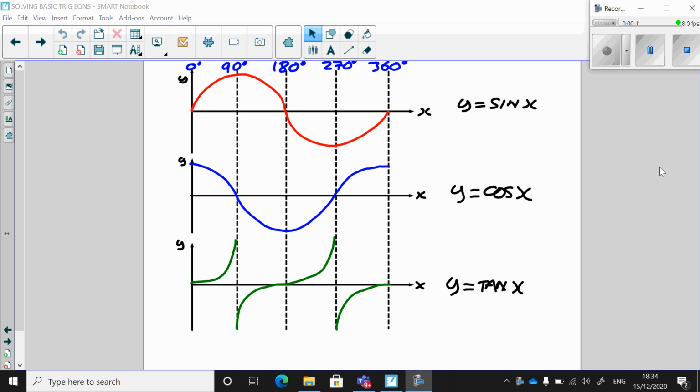Here we have the three graphs of sin x, cos x, and tan x. I've displayed them from 0 degrees all the way through to 360 degrees. What you might notice is I've partitioned them into sections of 90 degrees: 0 to 90, 90 to 180, 180 to 270, and 270 to 360. After that, the graphs actually repeat themselves,